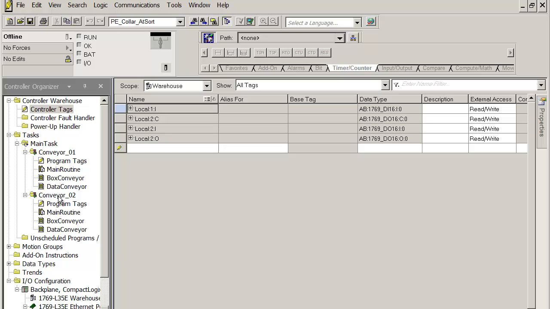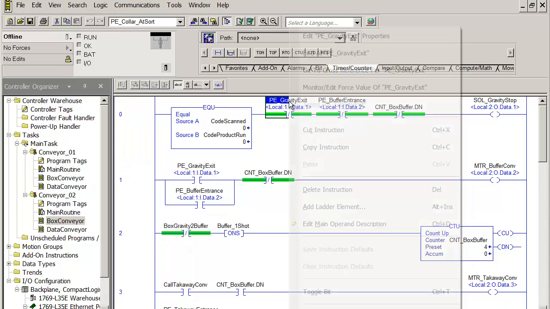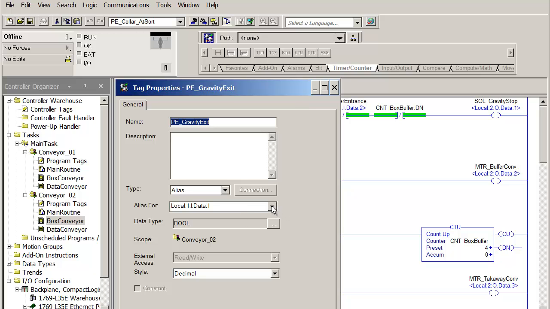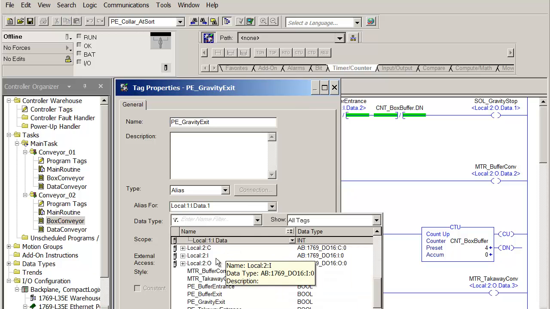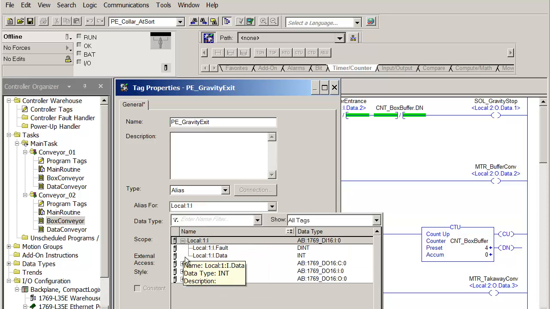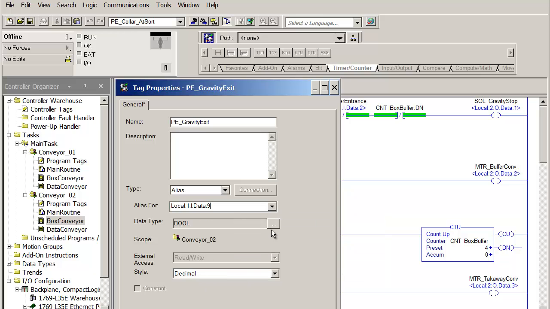Now, remember I told you that you can't use the same I/O point. So I'm going to have to go in there now and edit. Now I'm in conveyor 2, so I'm going to edit it, and I'm going to drop that down. We'll turn off program just to make it easier. Go to data, and just to make this look clean, we'll pick 9 because it's right under 1. Apply and OK,